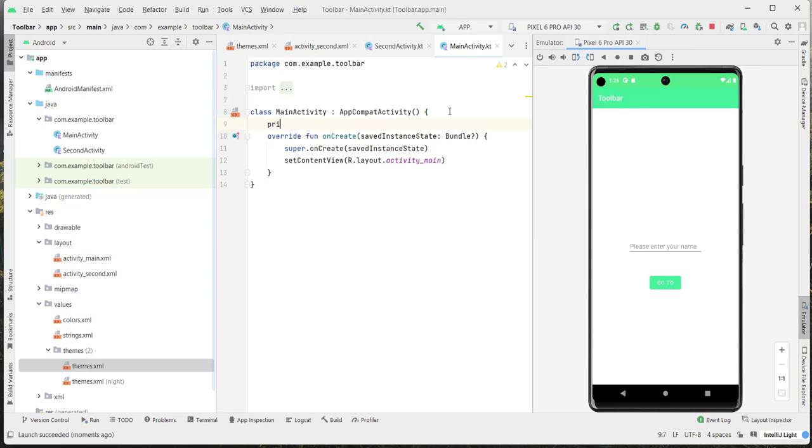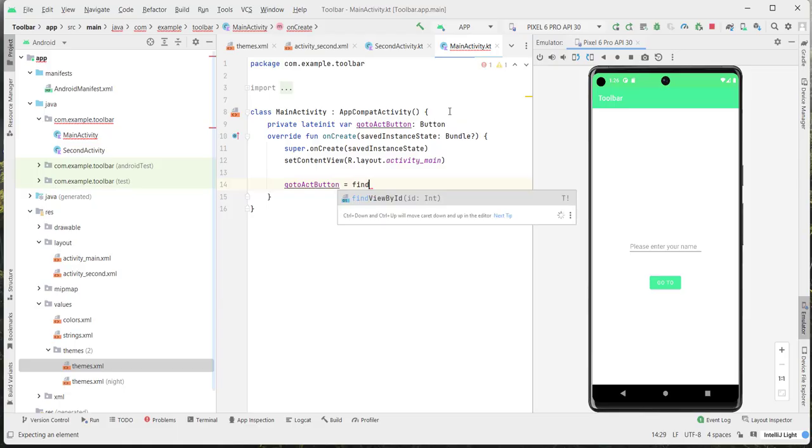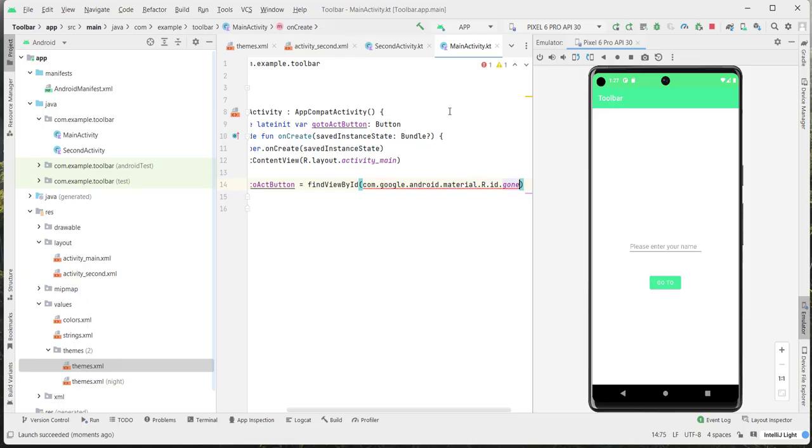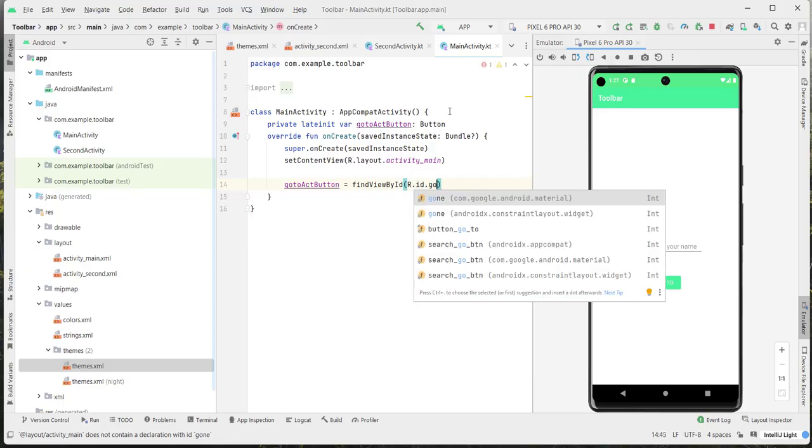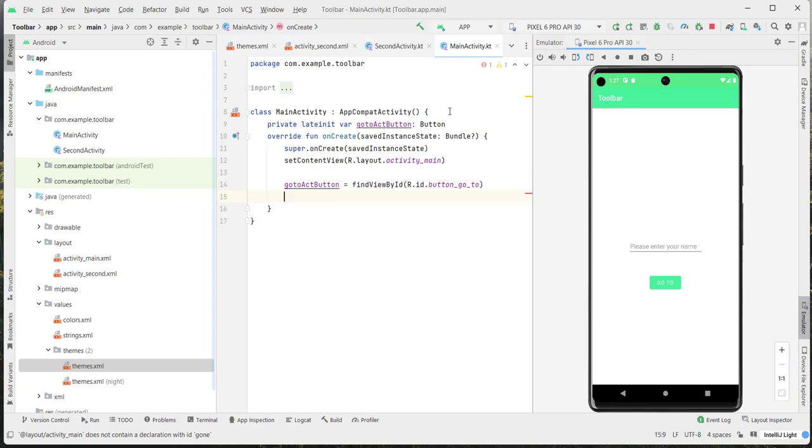So let's type here private lateinit var goToActButton of type Button, and I'm gonna type here goToButton equals findViewById R.id.goToButton, and we add onClickListener to this button,